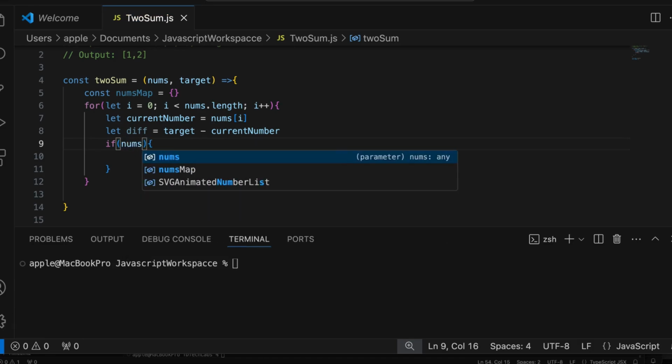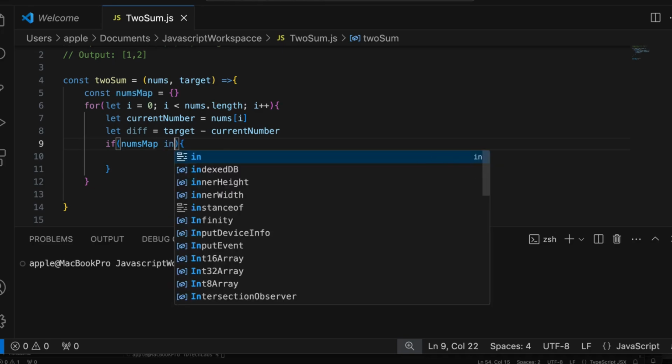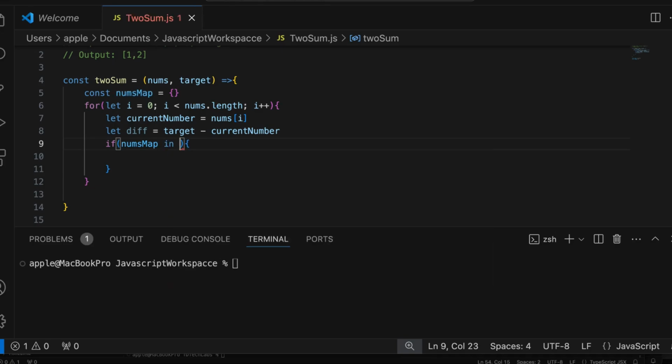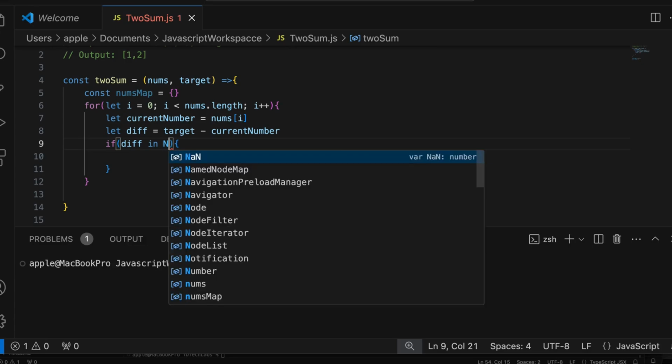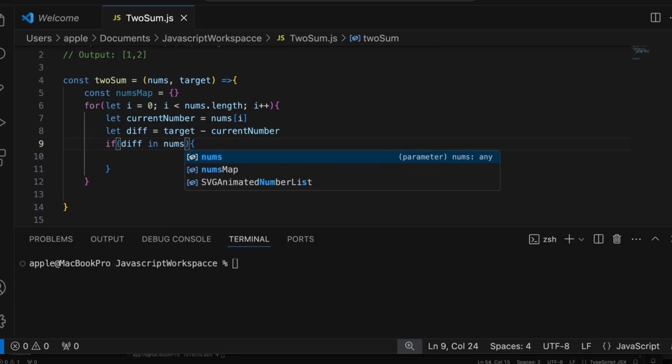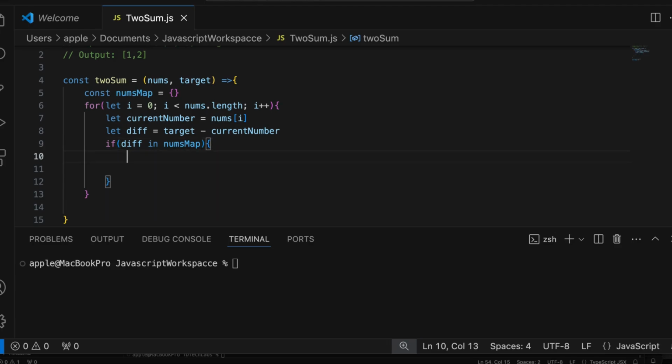So, if the difference is in the nums map,